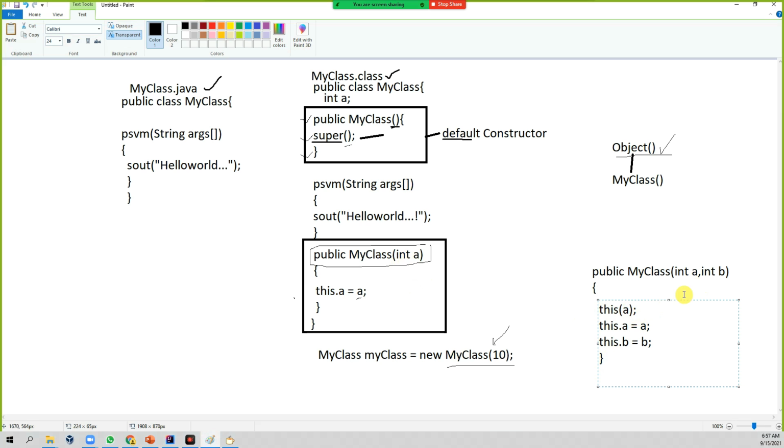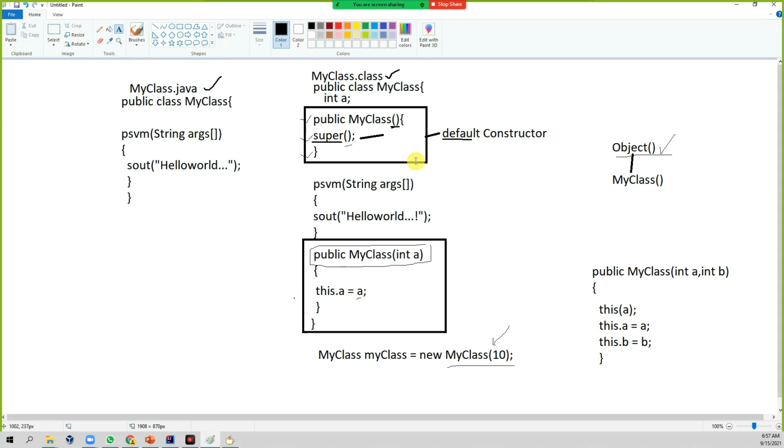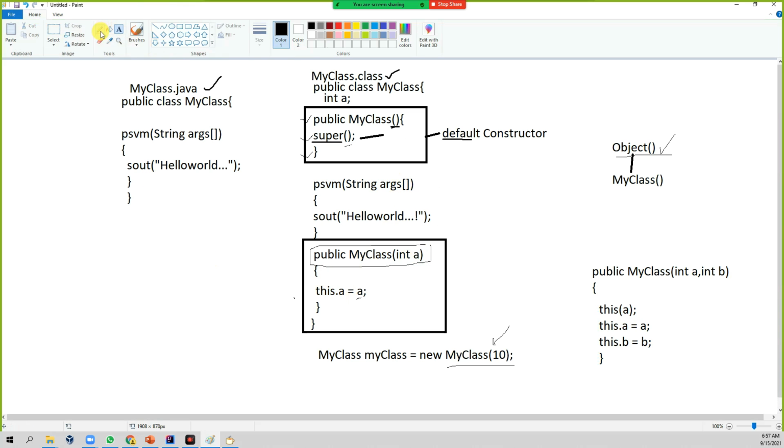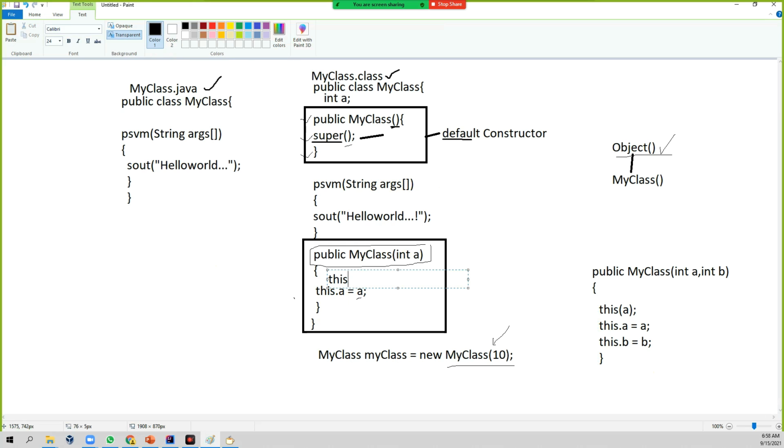So two parameters means argument 1, argument 2. If you want to use the single-argument constructor, you should use it like this. And internally here, you can call the default one. How can you call the default? This is the way. Come back here and write this().